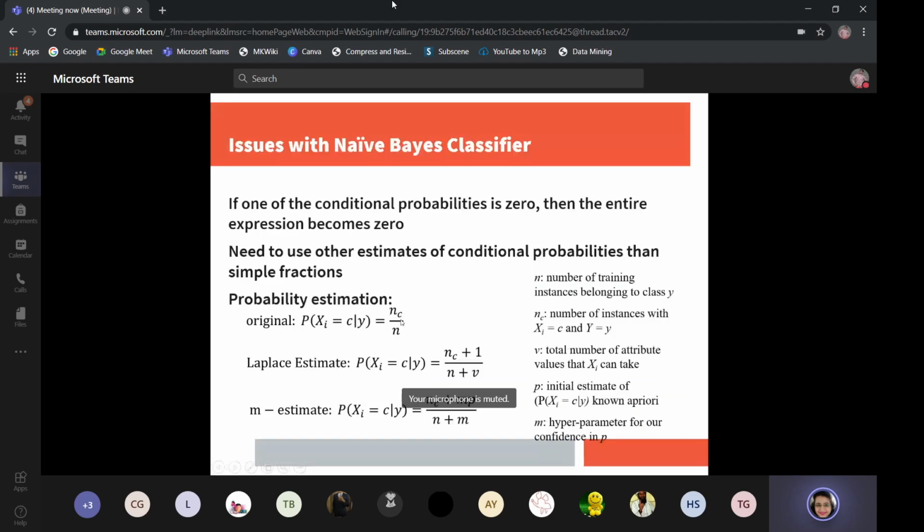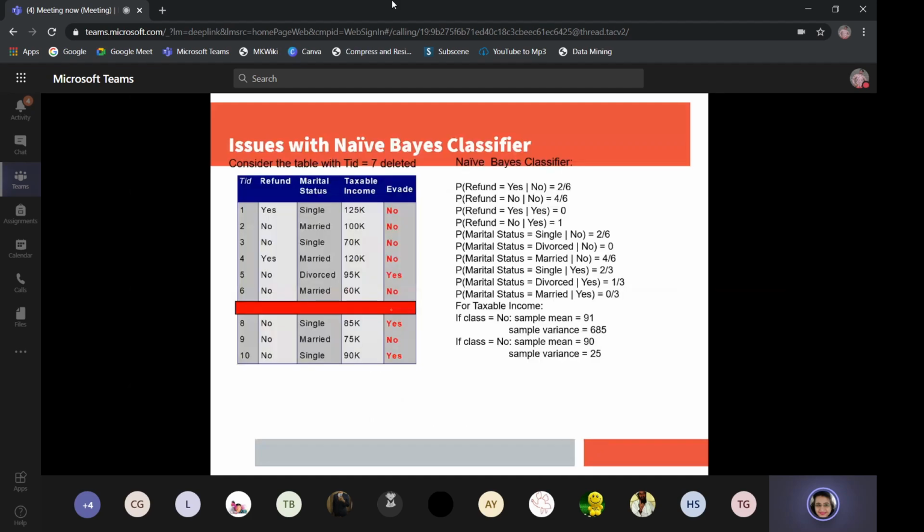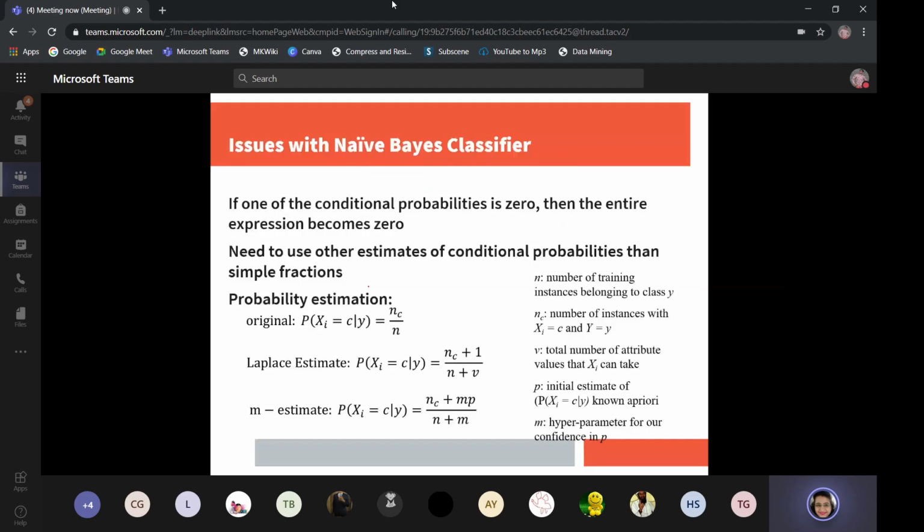And this is possible because it sometimes happens that the information is not collected or not available due to some reason. It's not necessary that it is never possible and the probability will always be zero. But sometimes the information was not collected, or in this example, the record simply got deleted. Or probably it did not become a part of your test set. It could be, or the training set. It did not become the part of your training set. So in that case, you cannot simply move on with the zero probabilities.